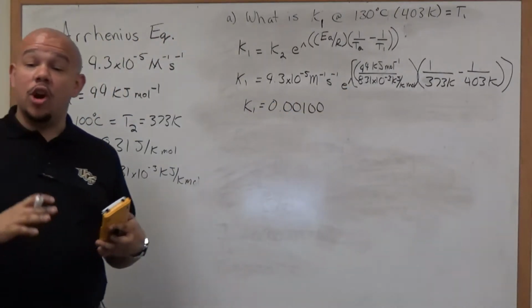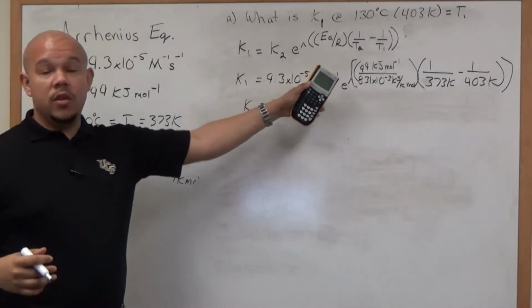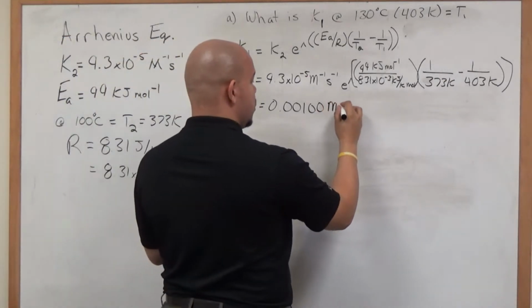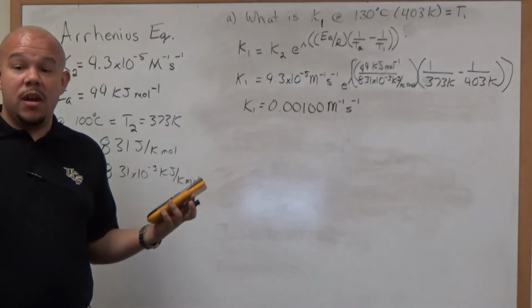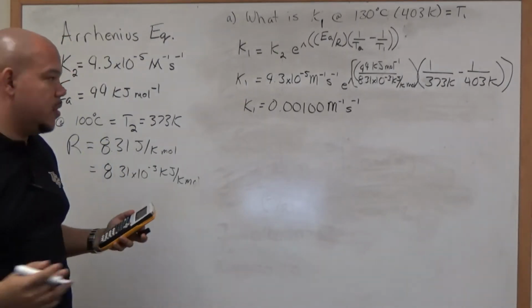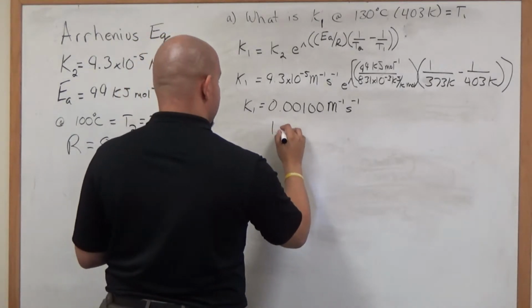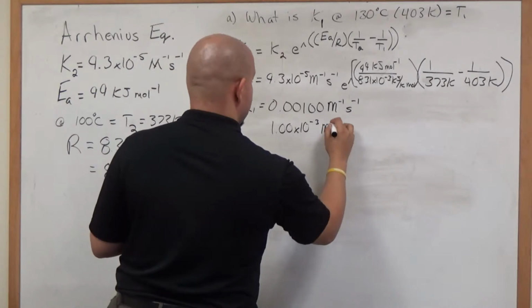Exponentials and natural logs are unitless after the function is carried through. Therefore, our units are a function of just what we have from K2, so we should have the same K units. We have not changed the order of the reaction, so we should expect these units to be the same. Now, if we take a look at that, 1.00 times 10 to the negative 3,